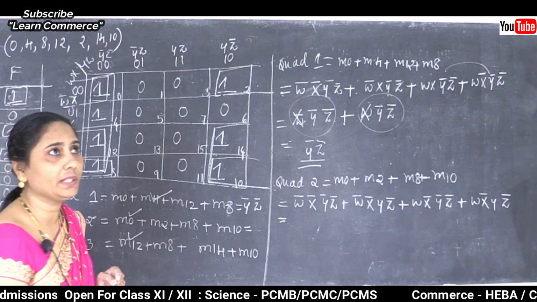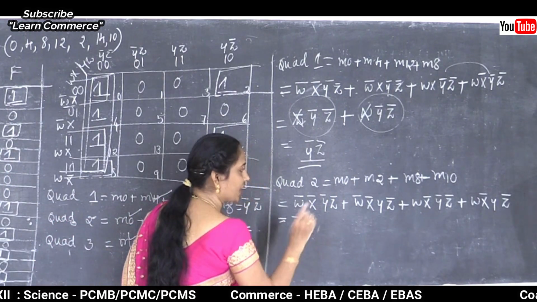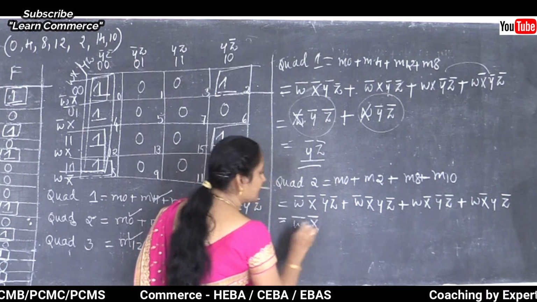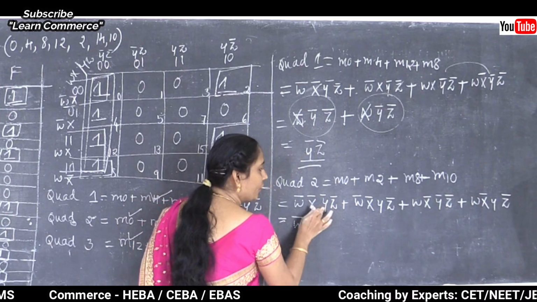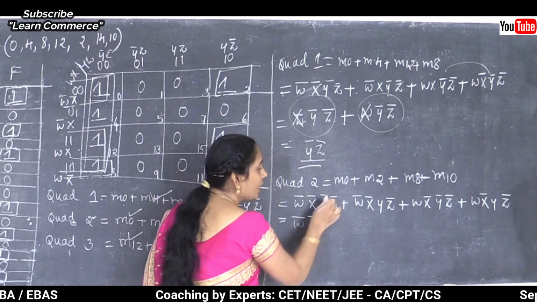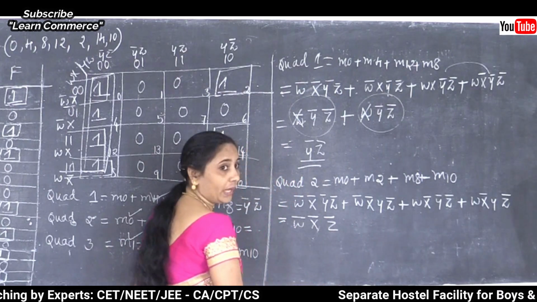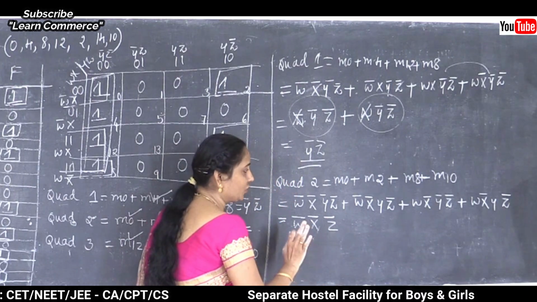Now I am going to make the comparison. So the comparison: complement W, no changes. We need to take complement X also. When you are going to think about complement Y and Y, there are some changes, so we need to remove that variable and take complement Z. Okay, we need to take the value. There are no changes.